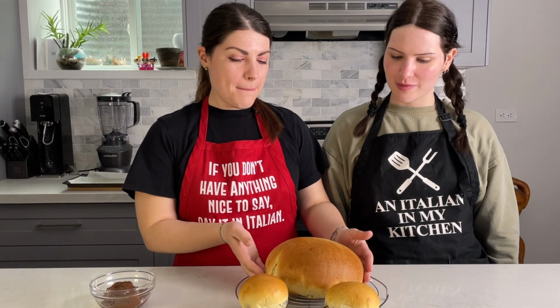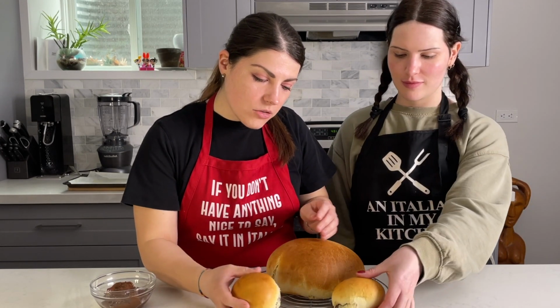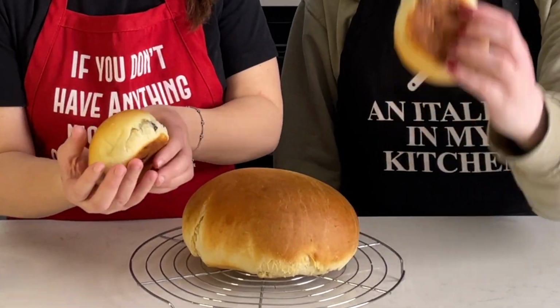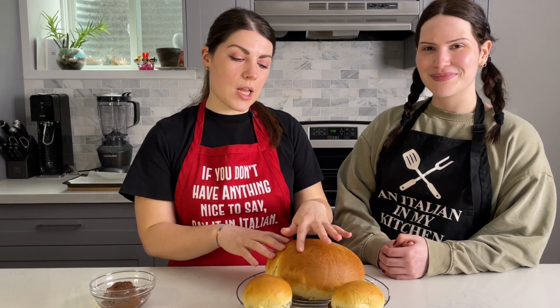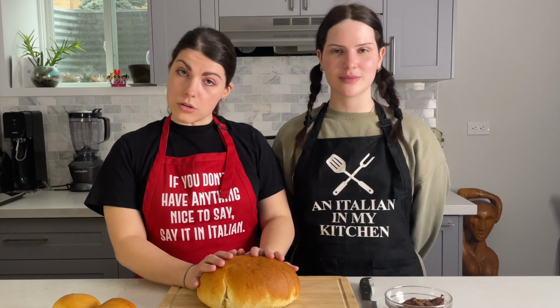Our bread is out of the oven. It's nice and baked, as you can tell. We have our small little buns filled with Nutella, as you can see. So we're just gonna wait until the loaf cools completely, and then we're gonna cut it and pour more Nutella in it. So now that our bread is nice and cooled down,